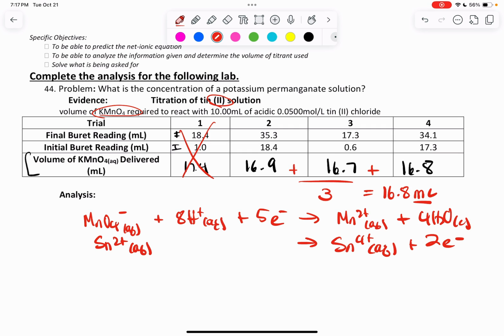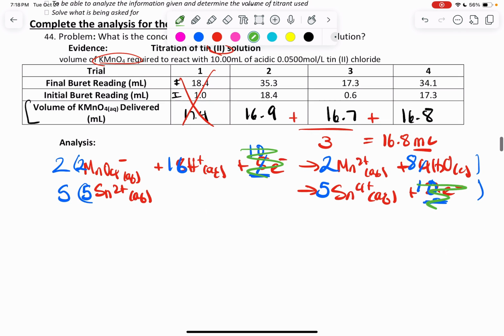electrons. I can see that my electrons aren't equal in both half reactions, so I'm going to multiply the top by 2 and the bottom by 5. So 2 MnO4⁻, 16 H⁺, 10 electrons, 2 Mn²⁺, and 8 waters, and down here 5 Sn²⁺, 5 Sn⁴⁺, and 10 electrons, which means that I now can cancel out my electrons and make my net